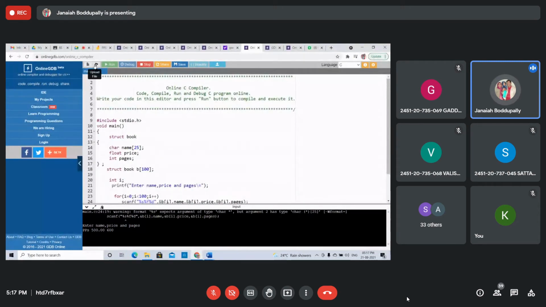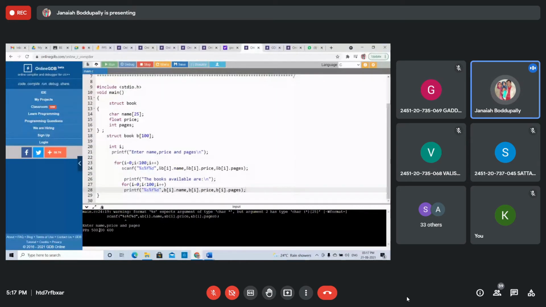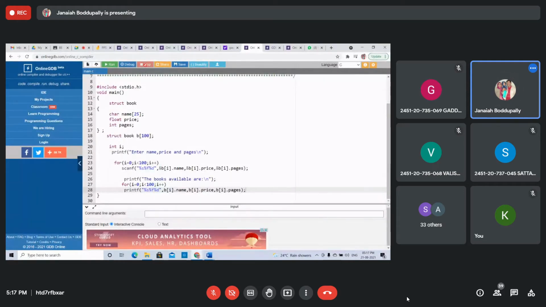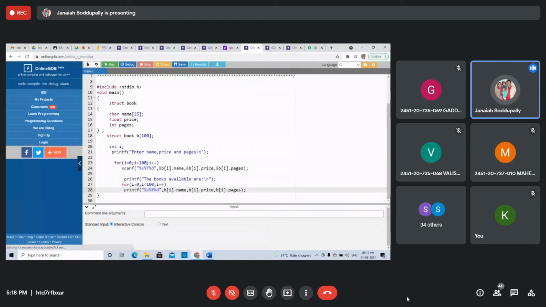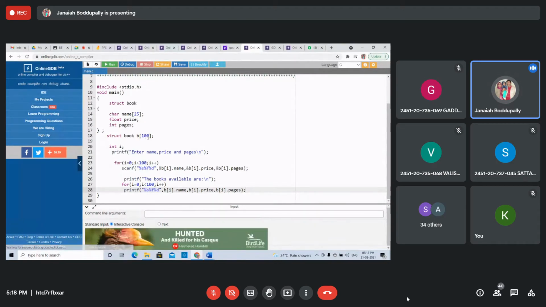You need to enter 100. If you take the 100, you need to enter 100. That's why you take the 2 or 3. Students, getting? You need to enter the data of 100 books, then only it gives that. After entering that 100 books, it gives display of the 100. Instead of this, you take the 2 books or 3 books. I'm stopping this. I less than or equals to I less than 100. Instead of this, you take the 100 or whatever you take here. Suppose 3.